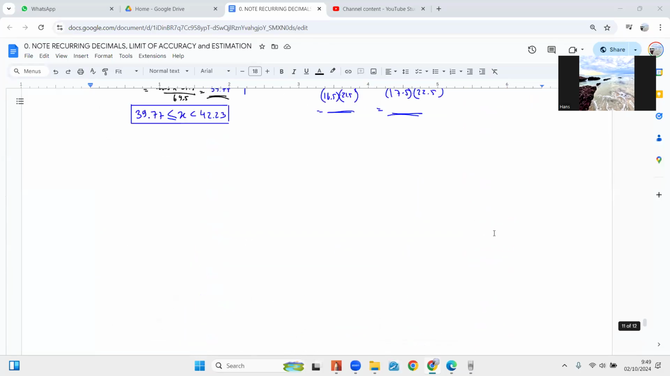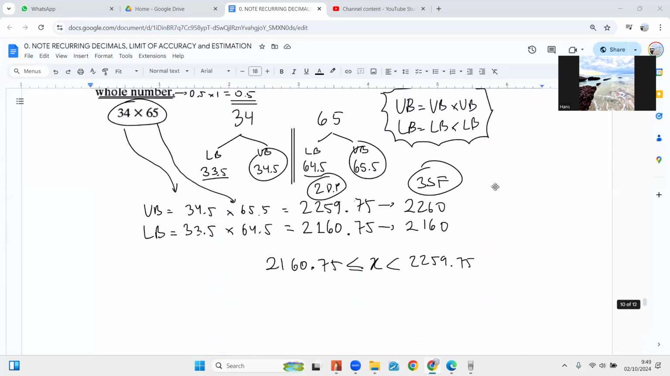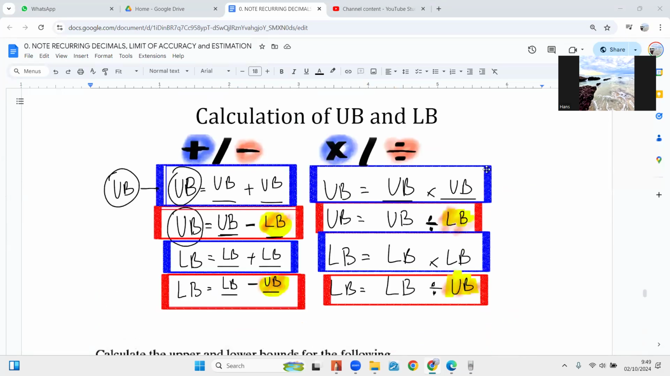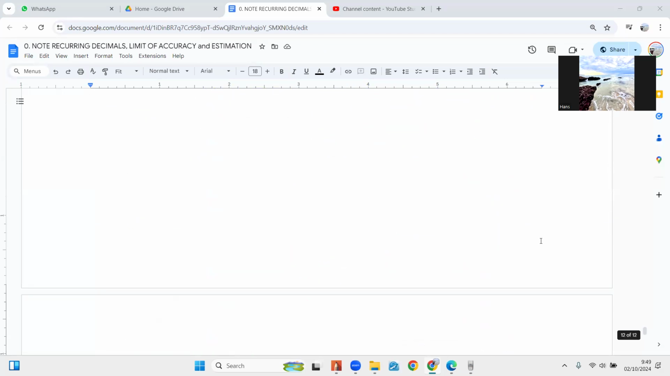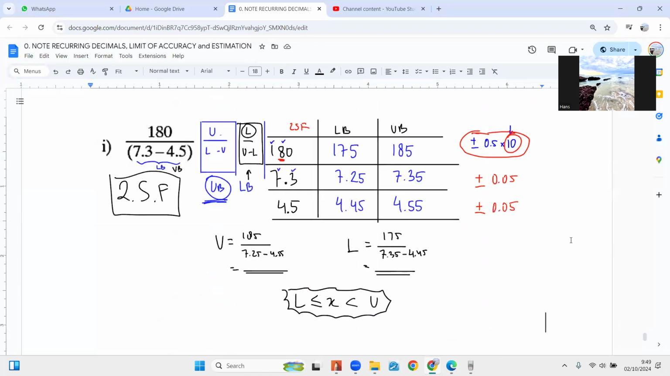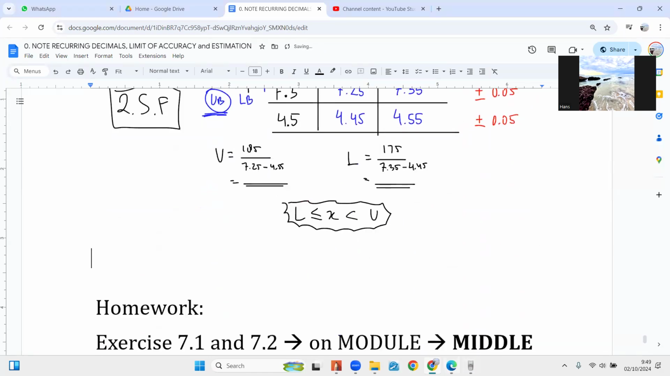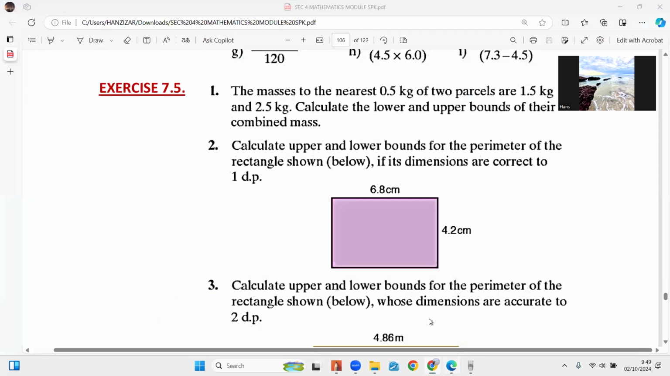Okay, so after we do the topic of calculation of upper bound and lower bound, now the real deal is the word problems. Actually, the word problem is not that hard as long as you know how to do it and you know how to find the lower bound and upper bound for each. For example,